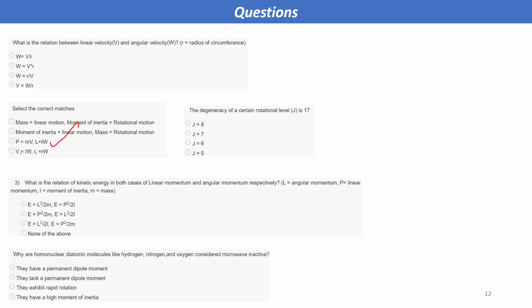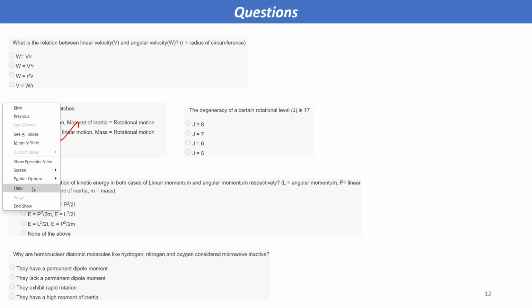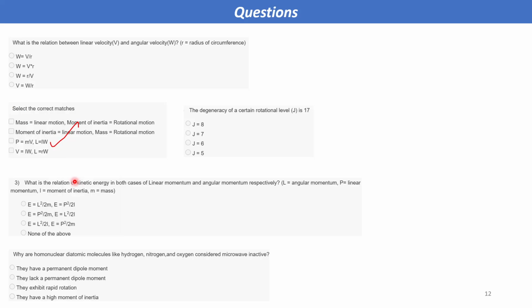P equals mv and L equals Iω. Now for the next question, what is the relation? What will be the relation of kinetic energy in both cases of linear momentum and angular momentum respectively? So out of this, what will be the answer? We know that kinetic energy is half mv square, or we can say it is